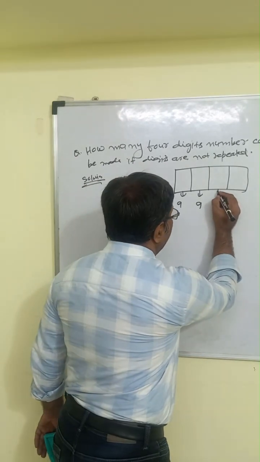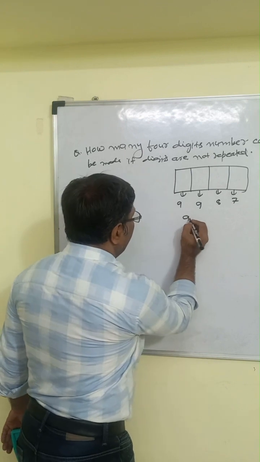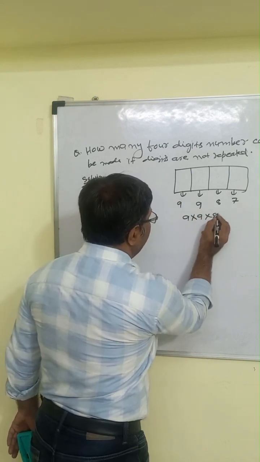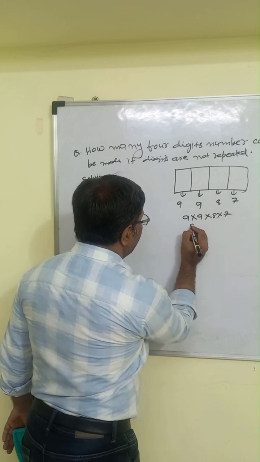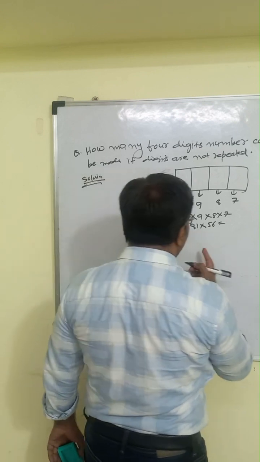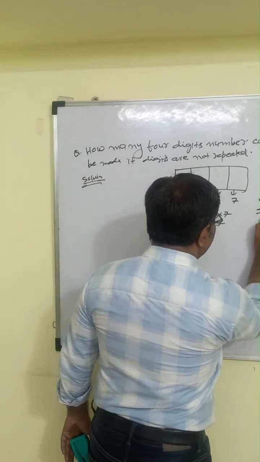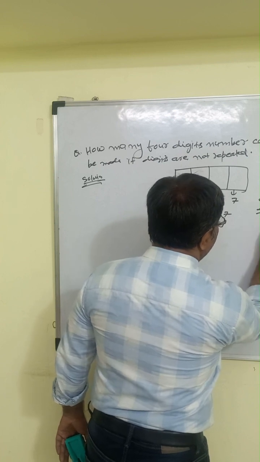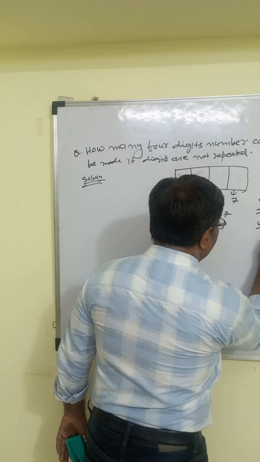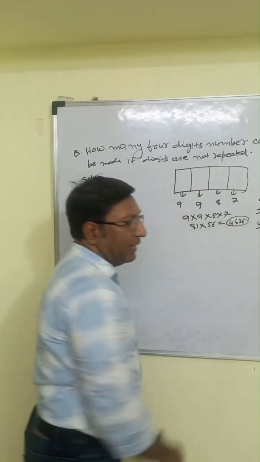Now we have how many choices? 8 choices. And here 7 choices. So total number of numbers will be what? 9 into 9, 8 into 7. So 9 9s are 81, 7 8s are 56. So just multiply these numbers and you will get your right answer. 6 1 is 6, 6 8 is 48, 5 1 is 5, 5 8 is 40, 8 5 13, 5. So the answer is what? 4536. This is your correct answer.